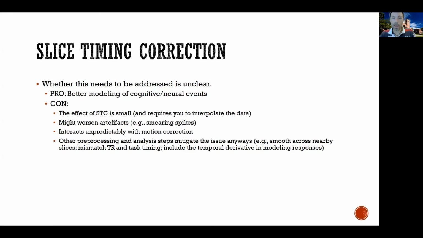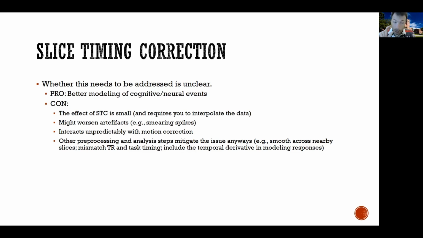It also interacts pretty unpredictably with motion correction. Sometimes, if there's motion in the data, it helps the slice timing correction. Other times it hurts it. And it's just not clear how the two should be done, in fact, ultimately at the same time, but nobody has cracked that nut. And finally, the truth is that there are other aspects of preprocessing and data analysis that might actually mitigate this issue anyway. For example,